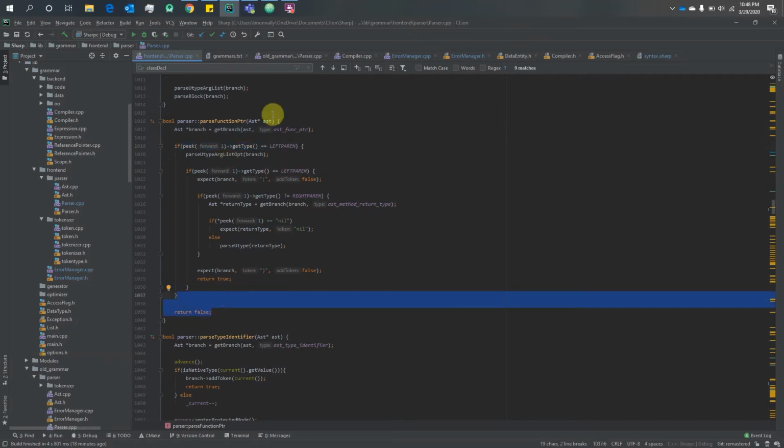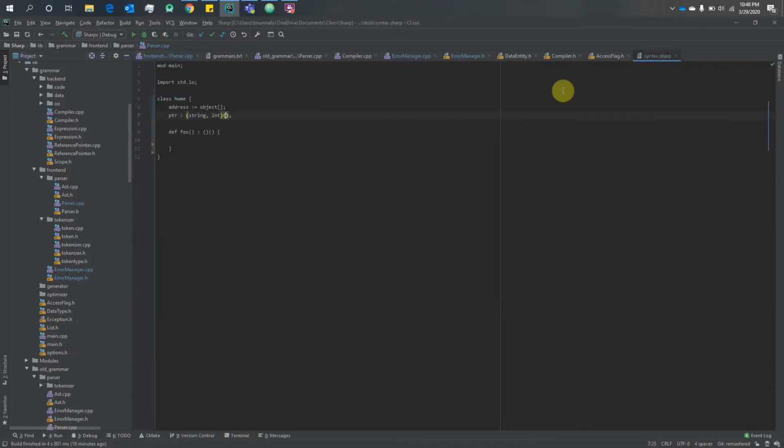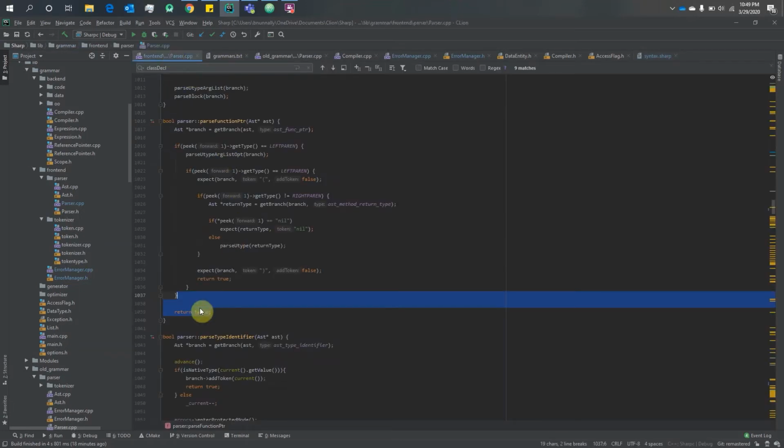So if you are parsing a function pointer, and let's say we're parsing this type, so we're parsing address. We're going to try to parse a function pointer first. So when we get to object, well, this isn't going to be a left paren, so we're just going to return false. But again, we created this branch underneath the higher level AST, so that's why we have to destroy it. But if the next character appears to be a left paren, then we want to